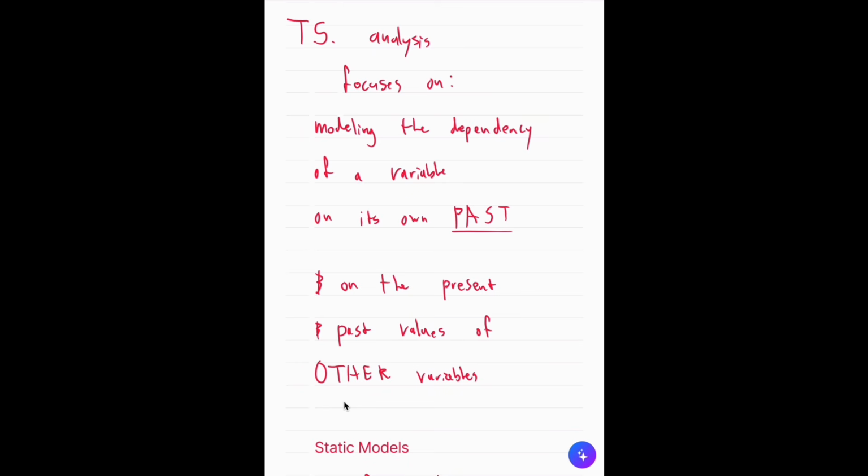So for example, if we see GDP is increasing every single year, that probably means GDP is going to increase in the given year that we're testing. So there's dependency of this variable and its past. But we can also say, GDP in this year